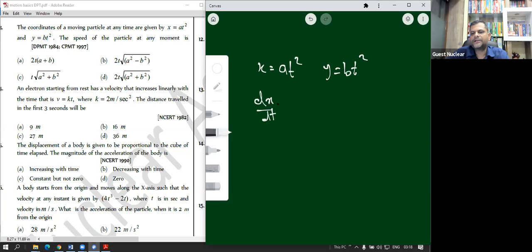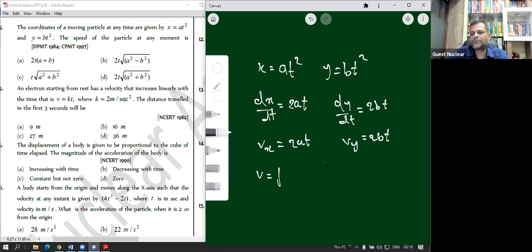which will be a into 2t, that is 2at. And dy by dt will be 2bt, we can write it as b into the derivative of t square, which is 2t. From this we get vx which is going to be 2at and vy which is going to be 2bt, so that we can get the speed, meaning the magnitude of velocity. How do we find the magnitude of velocity? Root of vx square plus vy square,